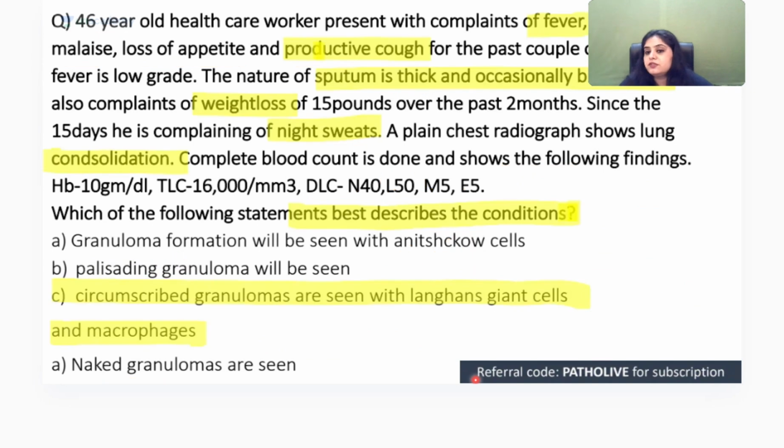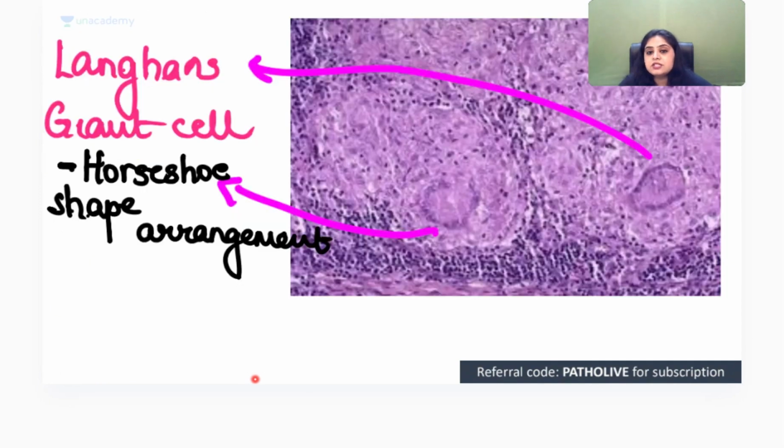This was a classical case of TB where you had granulomas with Langhans giant cells and macrophages. Examiner basically just wasted a lot of your time. How else could the question come was this: what are these giant cells? These very famous giant cells are the Langhans kind of giant cells. And do you see this blue color collar around this granuloma? This blue color collar is the lymphocytic collar.